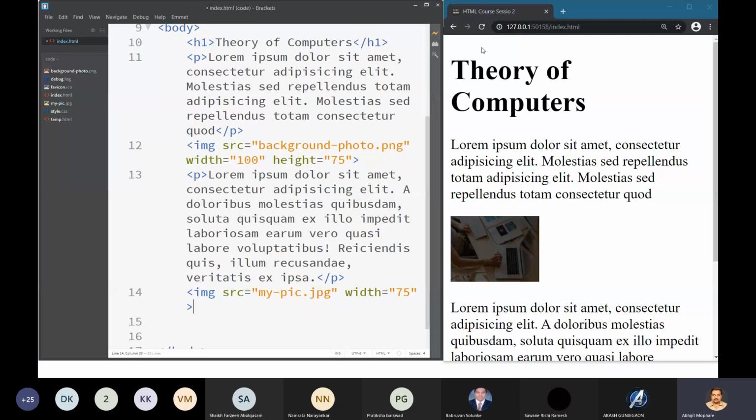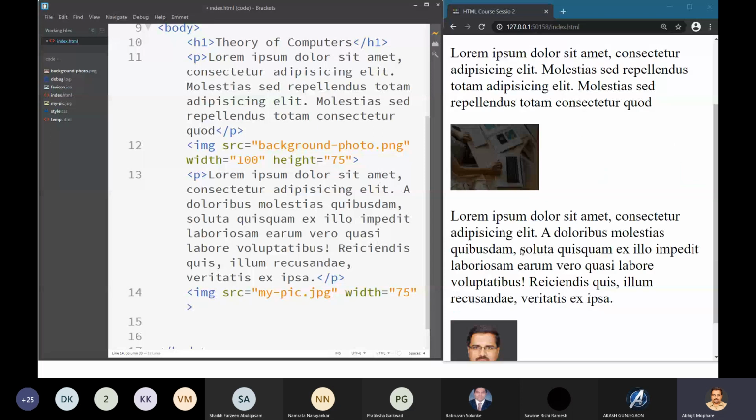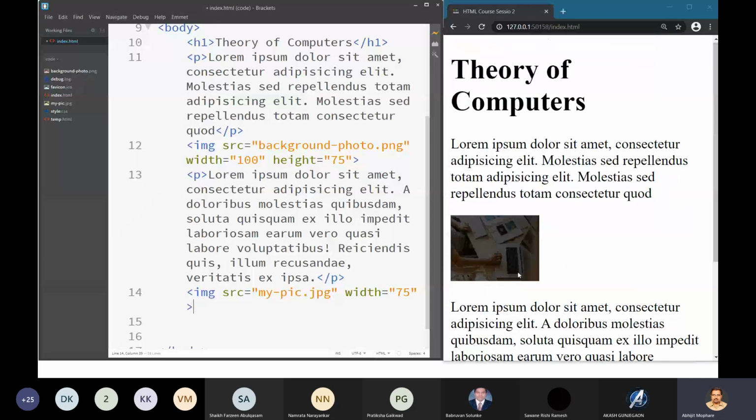Image, paragraph and header make up 80% of the content of your web page. Whatever you see is made up of either an image or text. That's why these are important. And you have many attributes and CSS properties associated with these tags, which we are going to learn in the subsequent sessions.